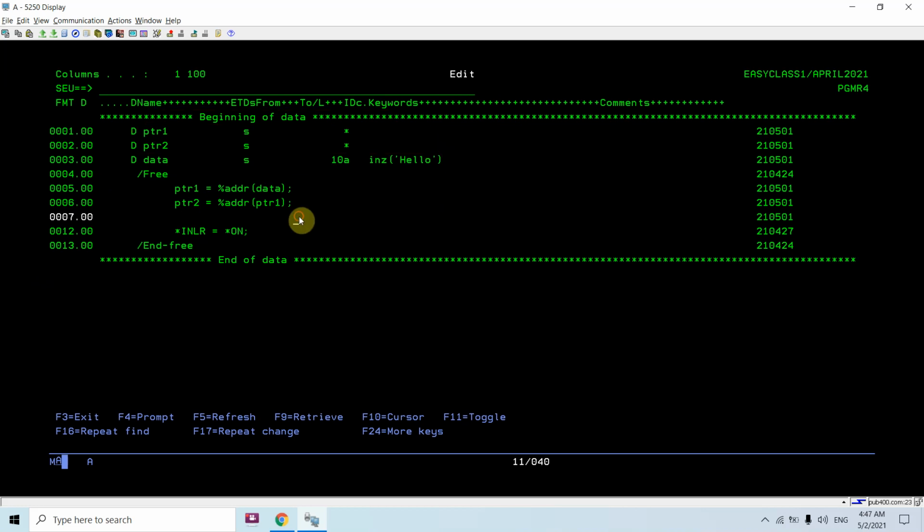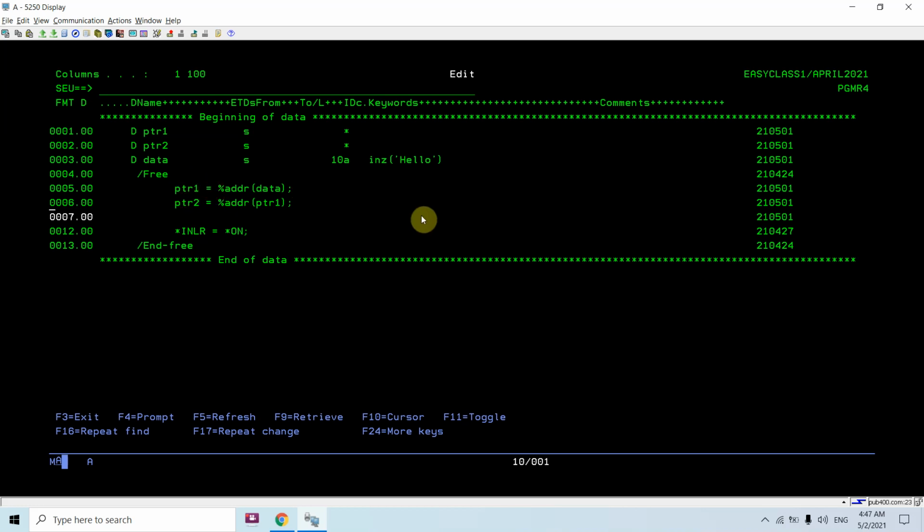First, I'm passing the address of this character variable data to pointer 1, ptr1. This ptr1 is holding the address extracted using the %addr built-in function, and stores the address of data in ptr1.